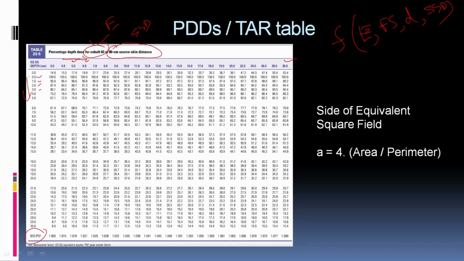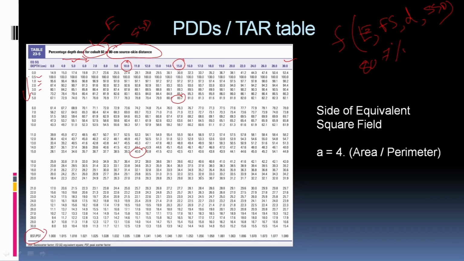SSD. Now you can see, if we consider the PDD of a 15 by 15 centimeter field size at 5 centimeter, here is the 15 by 15 centimeter square field size, and this is the 5 centimeter depth. So it is 80.7%. And if we consider the PDD of 10 by 10 centimeter at 15 centimeter depth, here we have 10 by 10 centimeter square field size, and at 15 centimeter depth it is 40%. So like this we can find our PDD value from this